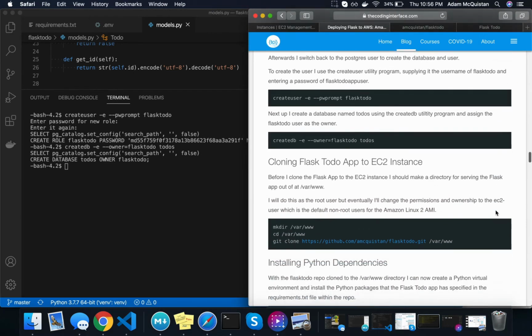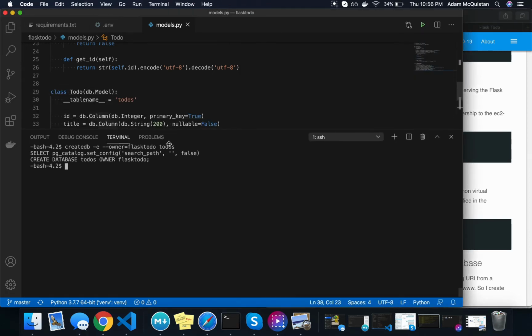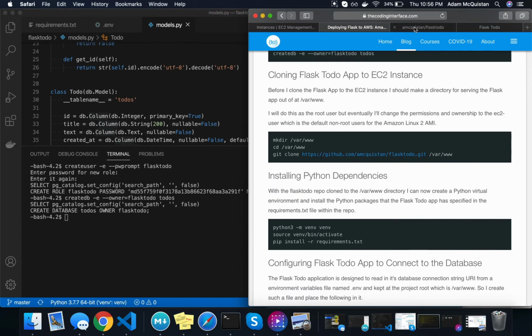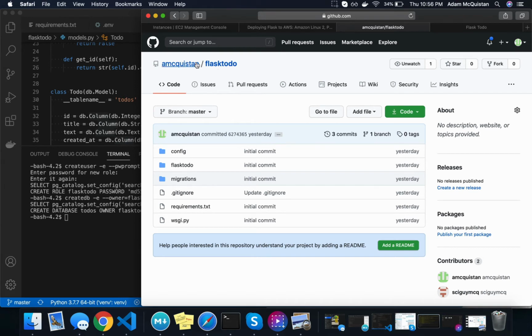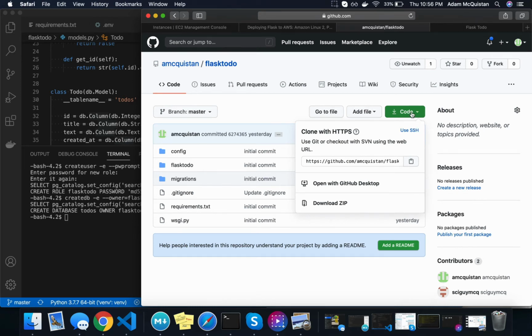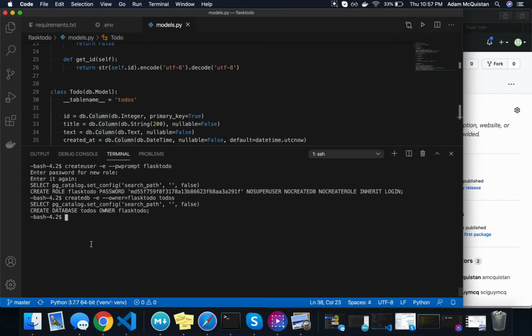Next on the list is to clone the application that we just demonstrated here locally. So I have it sitting in GitHub over here underneath my GitHub account. So I'll link to this at the bottom of the video. So you'll want to go there to this public repo and click the clone drop down and then select either SSH or HTTPS. I'll do the HTTPS one for this demo,